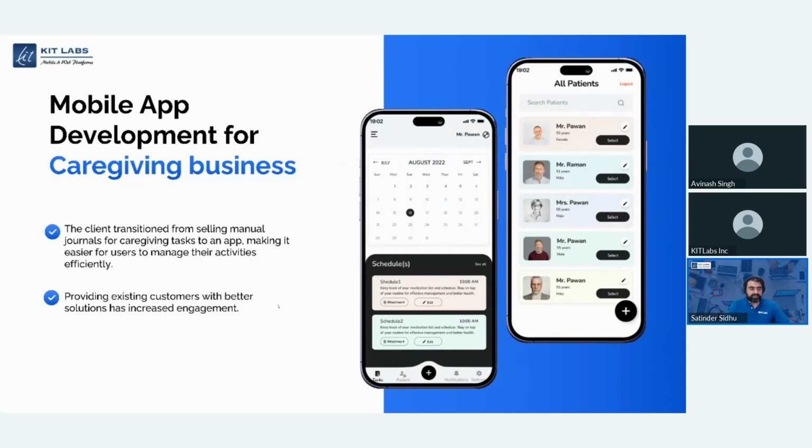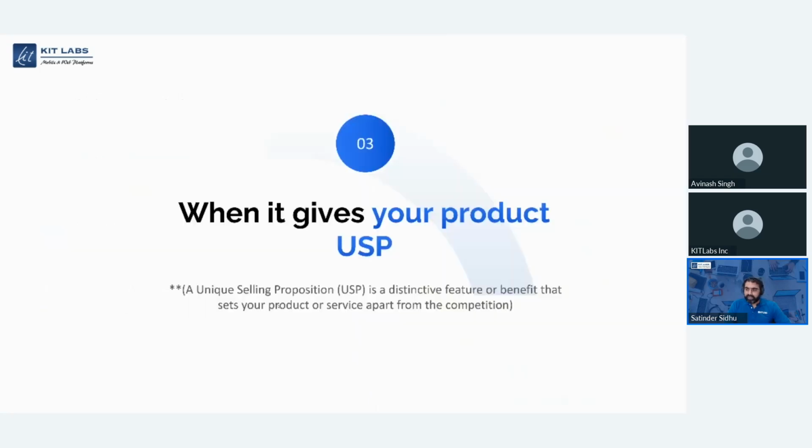A recent example is, we just finished another mobile app for a caregiving business, in adult daycare, where people are taking care of older people from home, and there are multiple people taking care of them, the family, brother and sister, or husband and wife taking care of their parents. They can very easily access the schedule, what medicine to provide, and when to take them to the doctor. It's so easy to access and share.